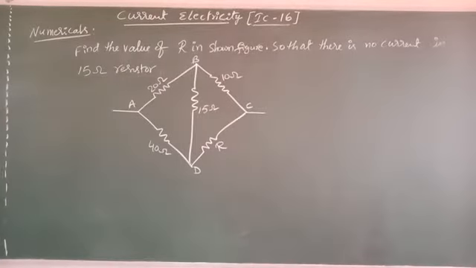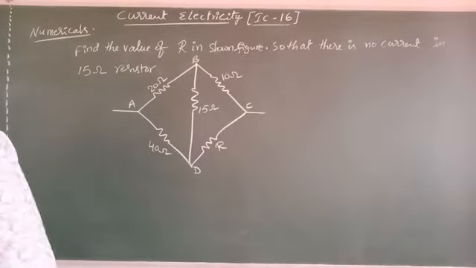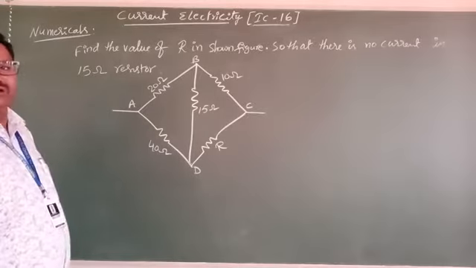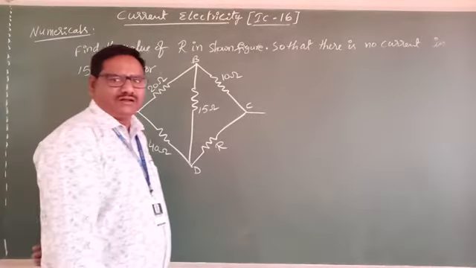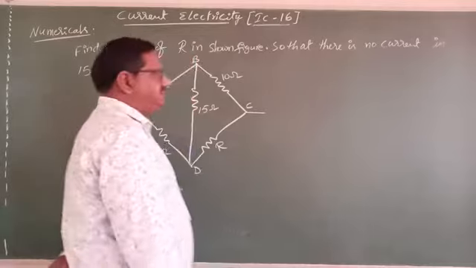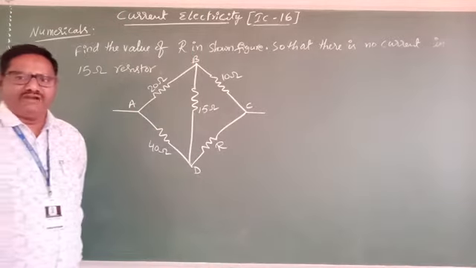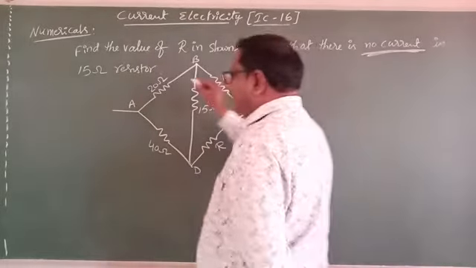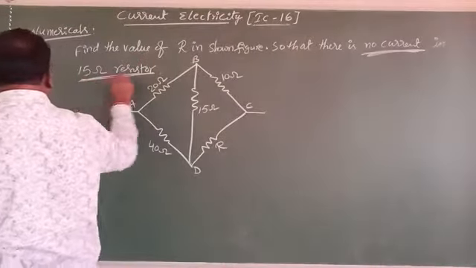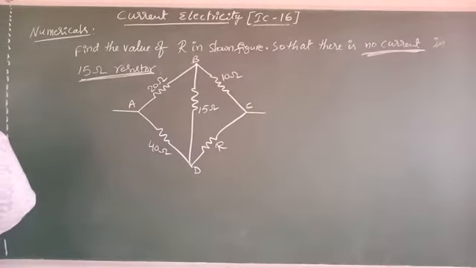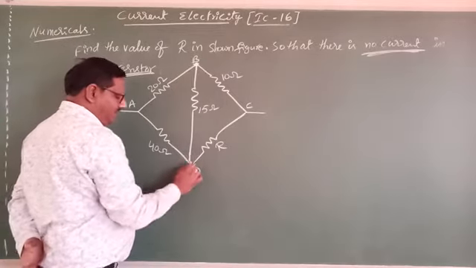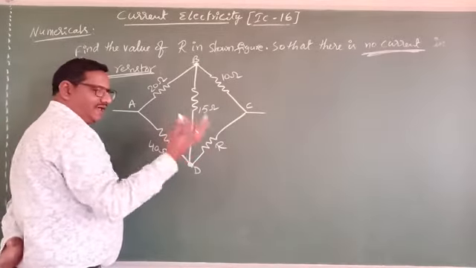See here, we have a small circuit. Find the value of resistance R as shown in the figure. Here, one more condition they gave in this problem. What is that? Along the 15 ohms resistor, no current will flow. They gave a small condition. Where is the 15 ohms resistor? It must be between B and D. Here between B and D, no current.